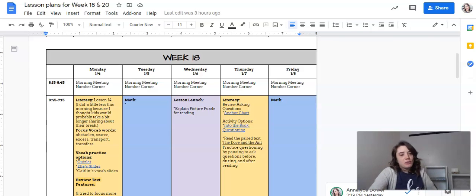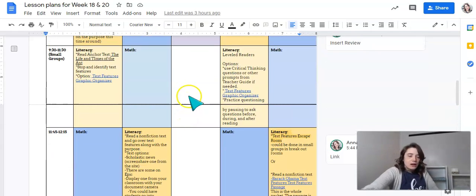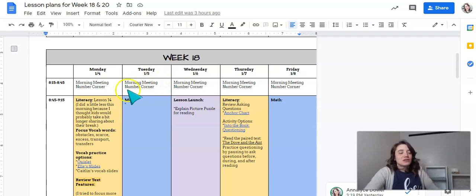So right now I'm working on the first week, and I'm going to just walk us through together the second week after break, which is actually the 20th week because we do every other week. So I'm going to just explain a little bit first, and then I'll show you how I plan. So right here